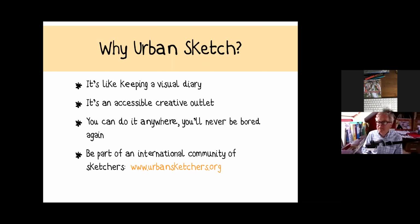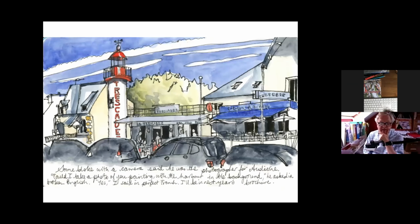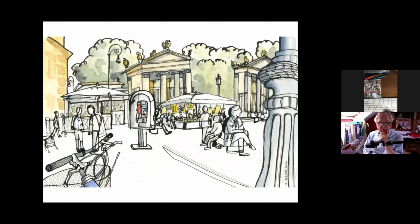Oh, and there's the website address. How exciting. So these are some of my early urban sketches. I'll spend about 10 minutes talking about these, and then we'll get on to some practical stuff. And as you will see, I like to use urban sketching as a way of telling stories. So quite often I add writing and other elements to my sketches. This is a little story about what happened to me as I was drawing on holiday in France. This is in Rome, and literally sitting...